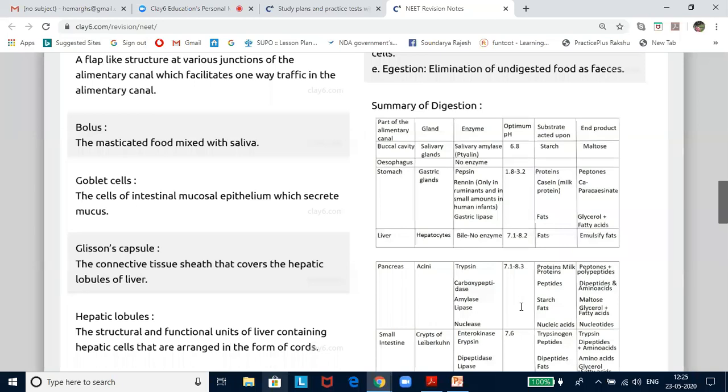Bile, the main exocrine secretion of the liver, is initially concentrated and stored in the gallbladder. One thing you have to remember about bile is that bile juice does not contain any enzymes. That is very, very important. On stimulation, bile is squeezed into the duodenum through the cystic and common bile duct. Bile is a watery greenish fluid mixture containing bile salts, bile pigments, cholesterol, and lecithin.